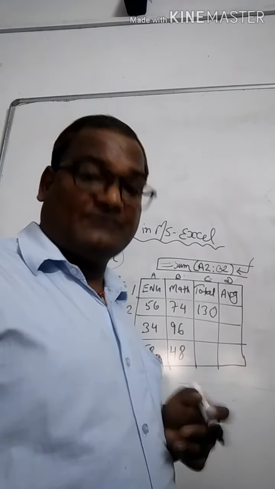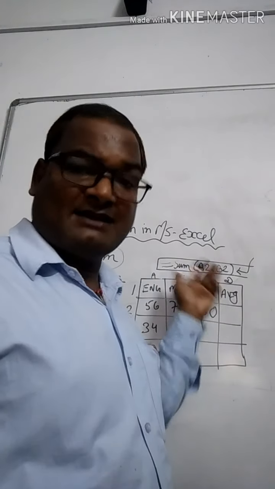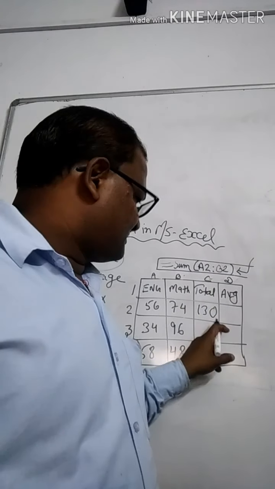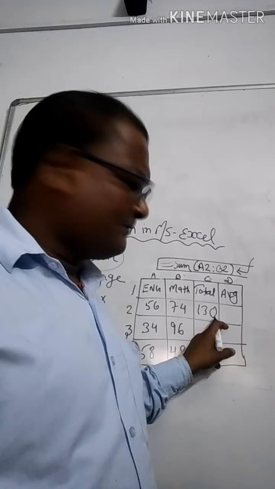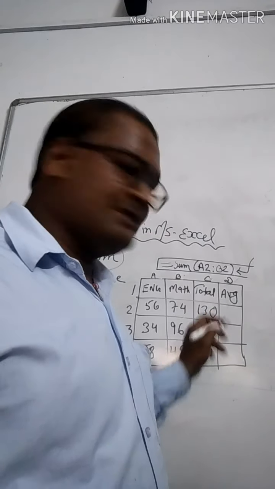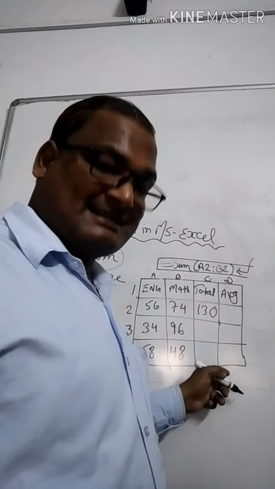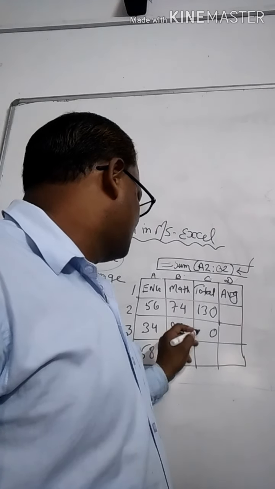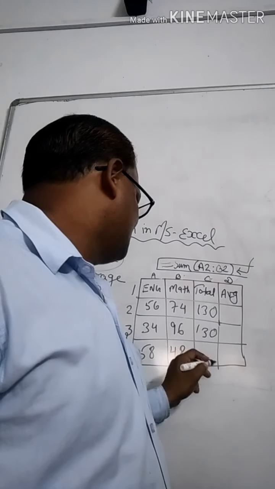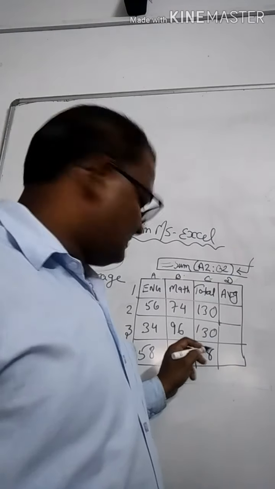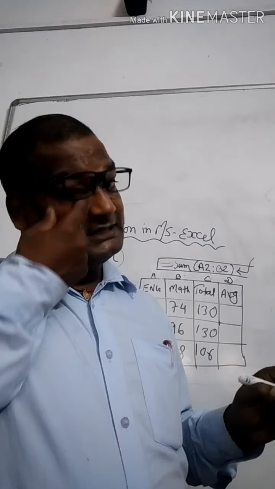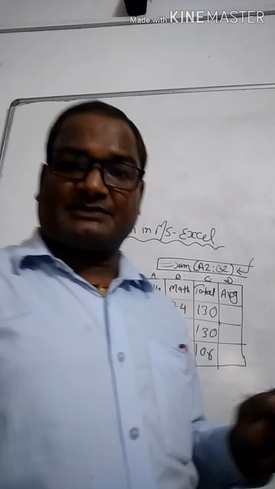How do we copy the formula? It is not necessary to write it more than once. Just keep the mouse pointer here. When a plus symbol appears on your screen, just drag it. So what is the output? 6, 4, 10, 9, here also 13, here 16. In this way we can find the sum.